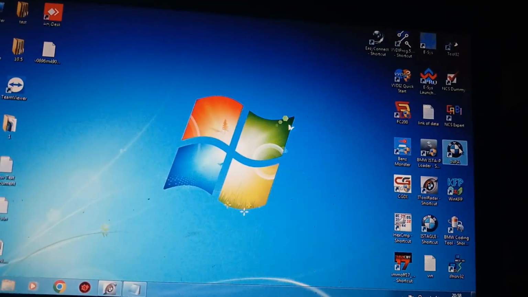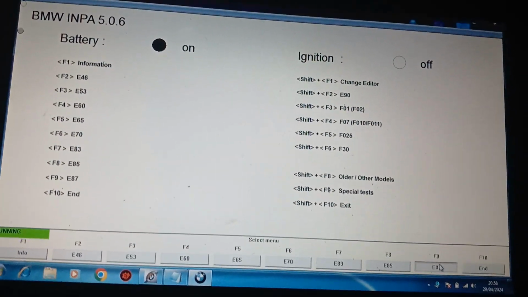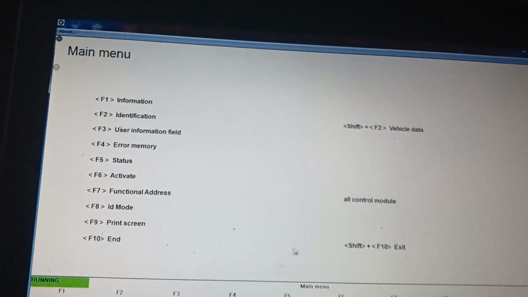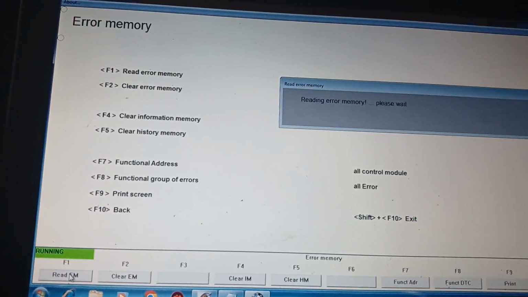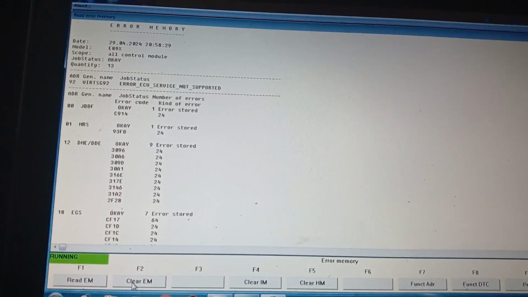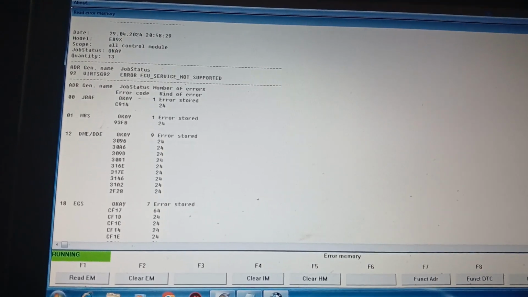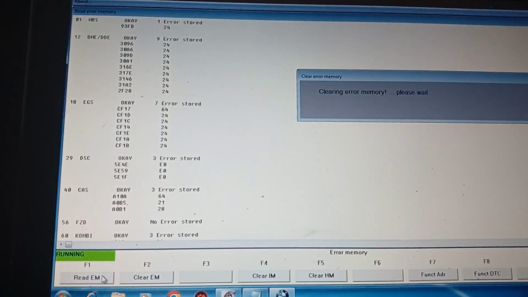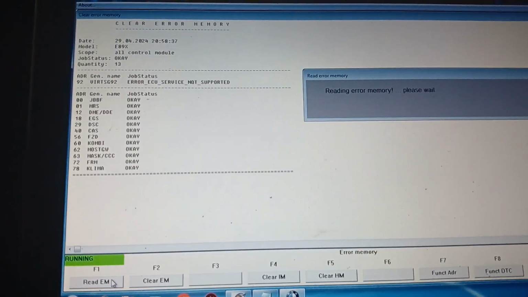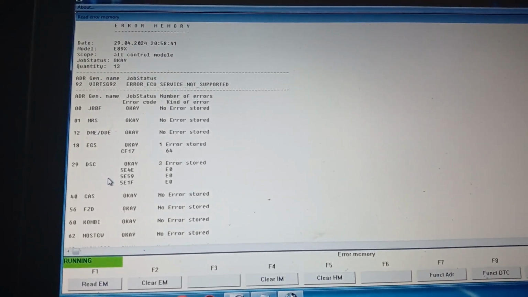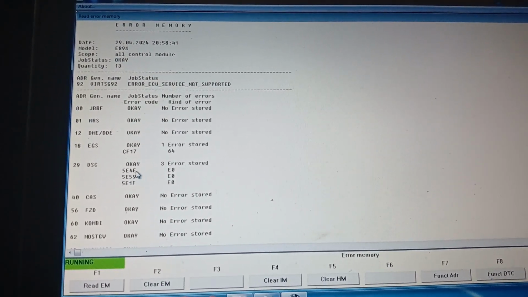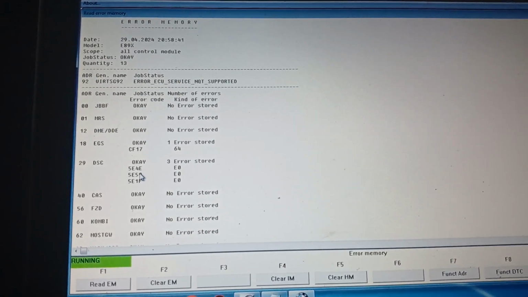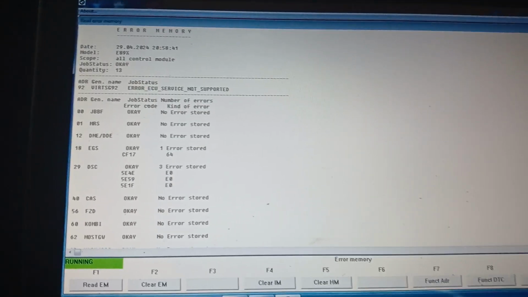I need to check fault codes and erase to see what will happen. Read. All these fault codes are for communication. Clear. Read. I have 3 fault codes on the ABS. I don't know what that means, but